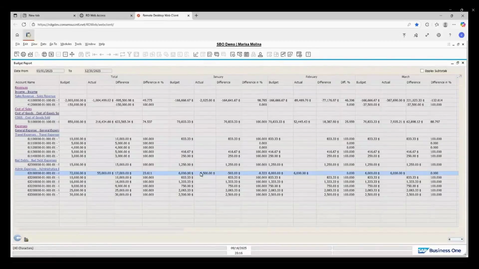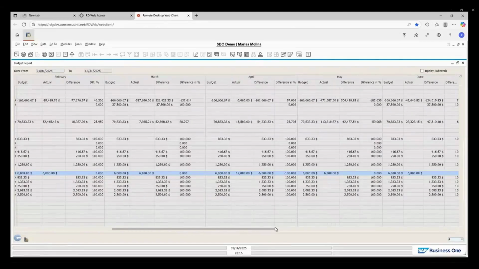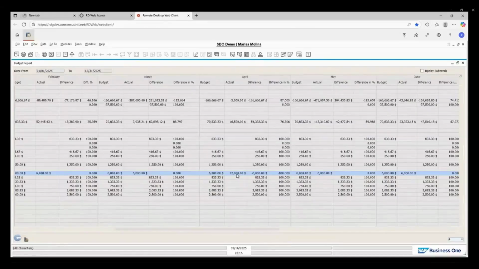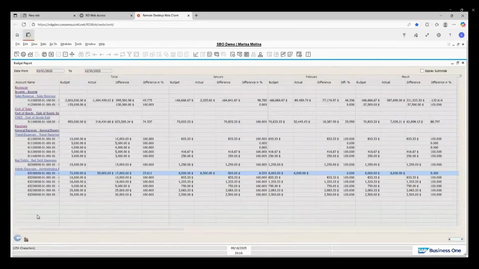So looking at January, there was a 500 deviation. And then after that, I will have mostly the same amount every single month. I guess that in April, it is double. So those are things that you can just take a look at and take action, right? So there you have the total for the year and by month.